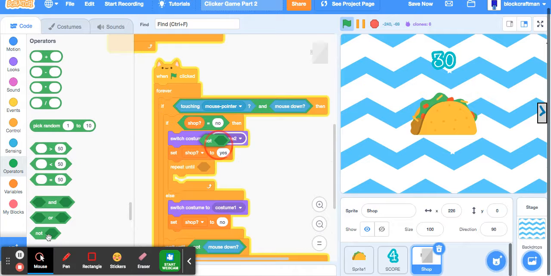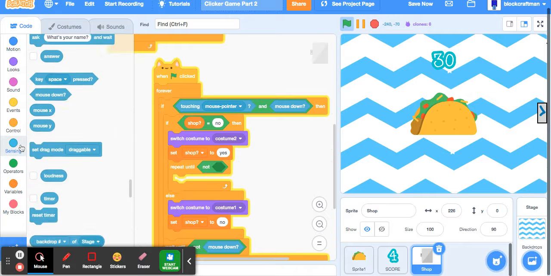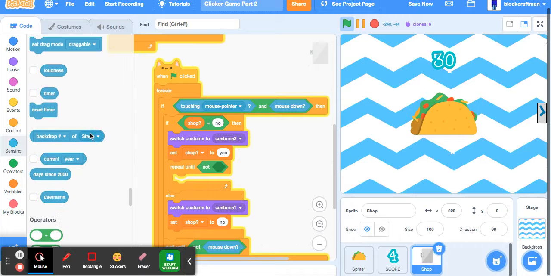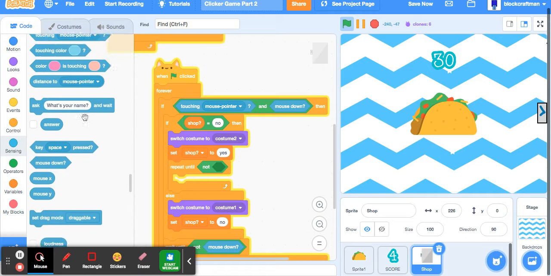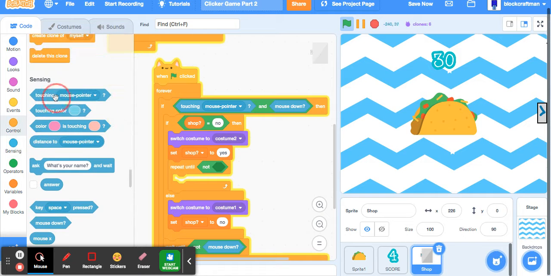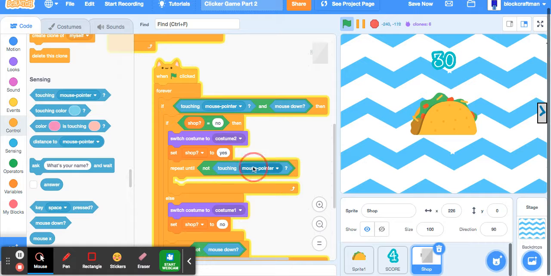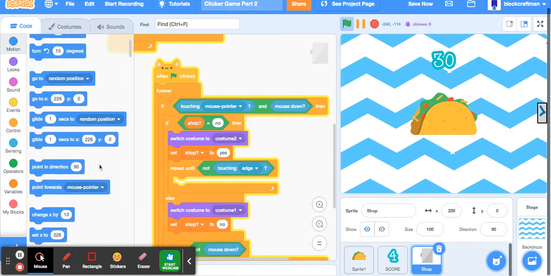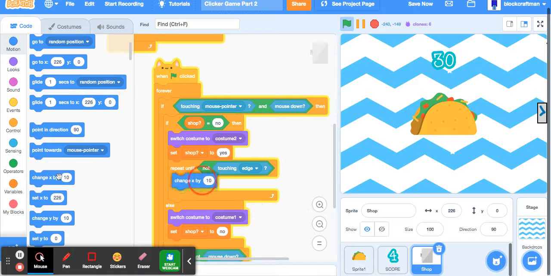So repeat until not touching edge. We will change it by 2, I guess. So change x by -2. For now,